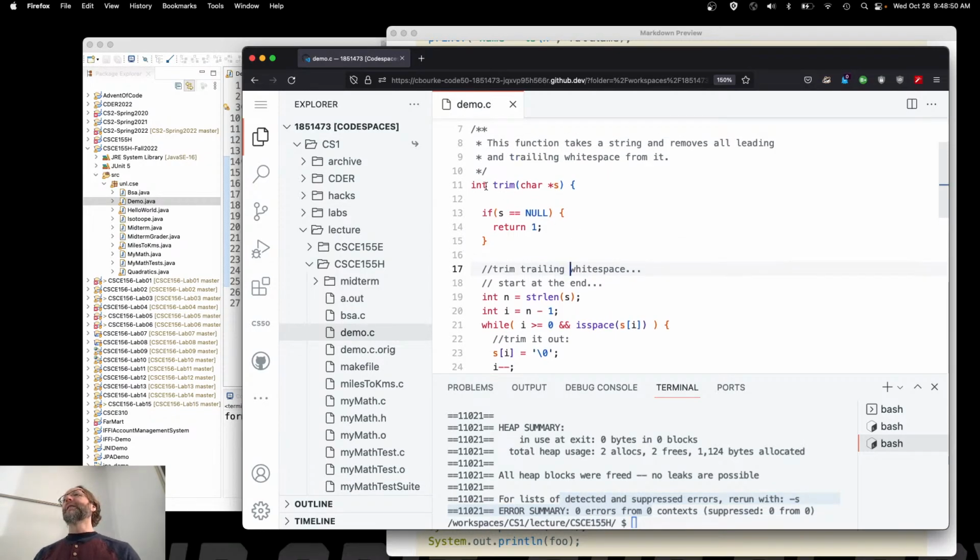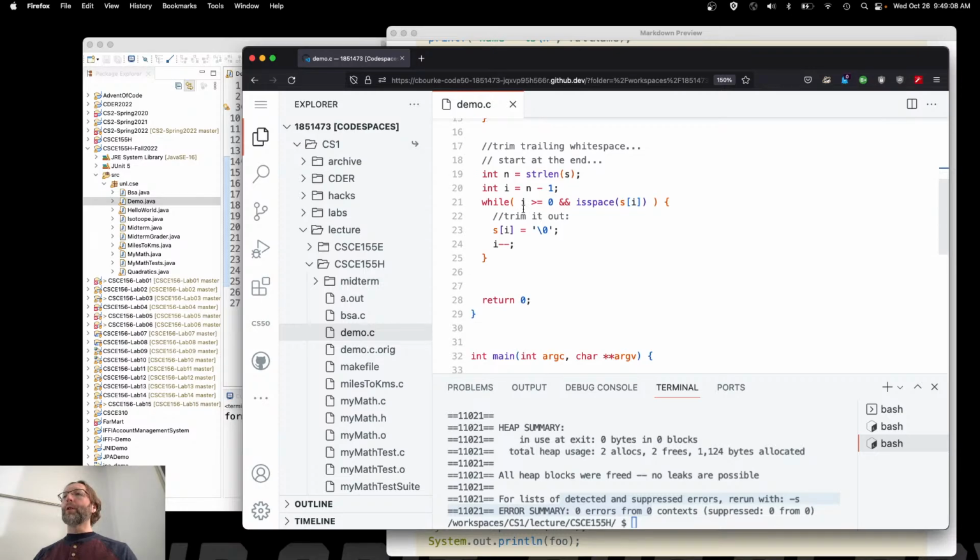In fact, wait a second. I could go ahead and put this into a function called rtrim, right? And then I could take care of another function called ltrim, right? Trim leading white space. And then all I would have to do is combine those two things and have my trim function that I originally wanted. I'll let you do that as an exercise though. Let's go ahead and take care of the other part, right? So trim leading white space,